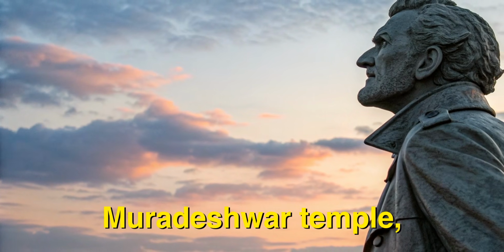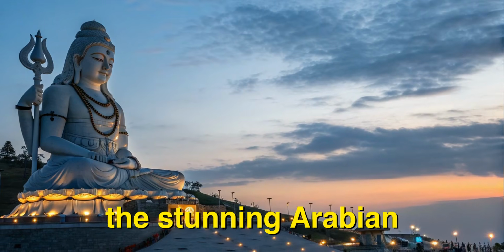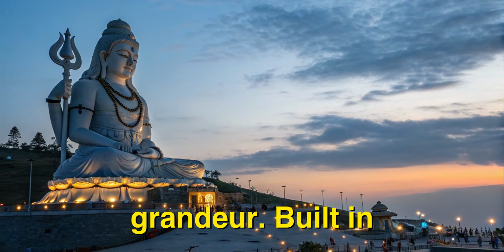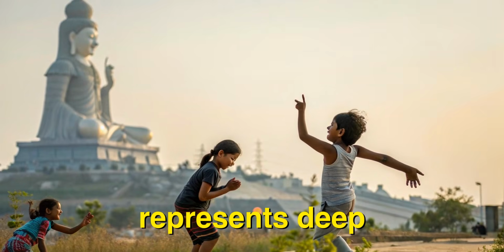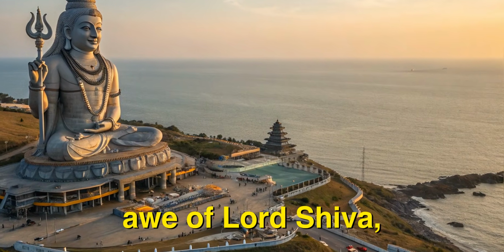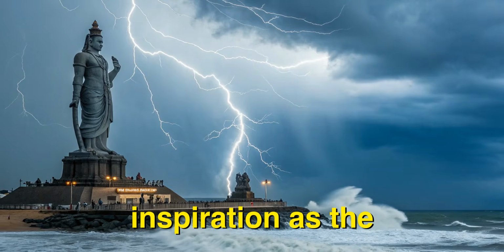Positioned next to the beautiful Murudeshwar temple, the statue overlooks the stunning Arabian Sea, creating a breathtaking backdrop that enhances its grandeur. Built in 2006, the statue is not only an artistic masterpiece, but also represents deep spiritual significance for devotees. Standing in awe of Lord Shiva, you might feel a sense of peace and inspiration as the waves crash